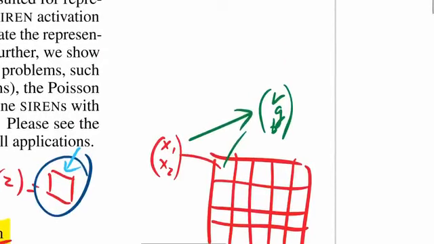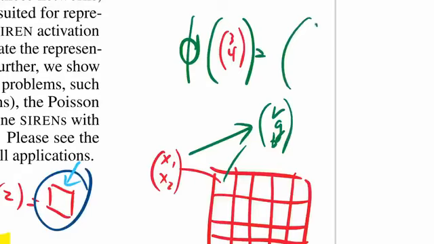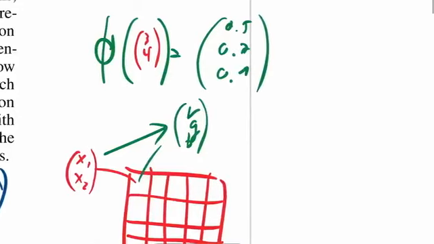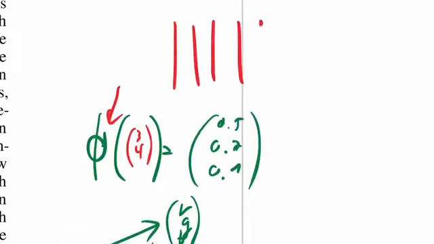Okay, so if my image is represented by a function, then if I input any coordinates like 3, 4, that function should return the RGB values at that point. Maybe it's like 0.5, 0.7, and 0.1. Those are the RGB values at that point. Okay, so now the goal is to have this right here be a neural network, a multi-layer perceptron, and I think they always use 5-layer MLPs, so really simple neural networks, and you simply input